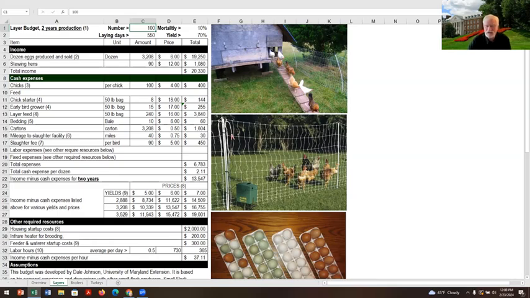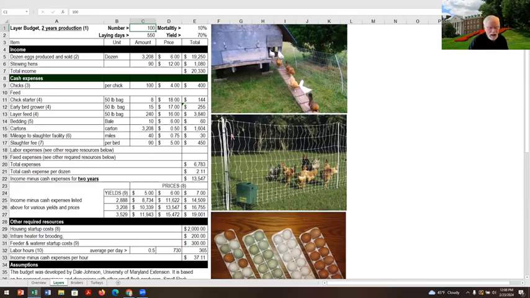Okay, of these chickens, we always need to be thinking about mortality. And typically, over a 2-year period, I have 5 to 10% of my hens that die for one reason or another. With layer hens, usually it's closer to 5%. They're pretty hardy birds, especially most of the breeds are pretty hardy.